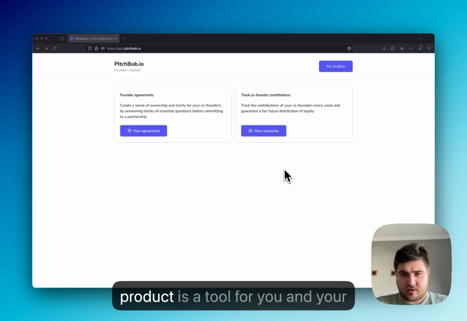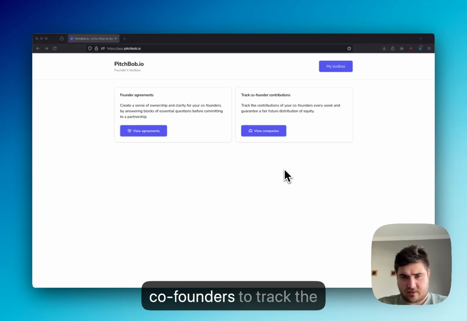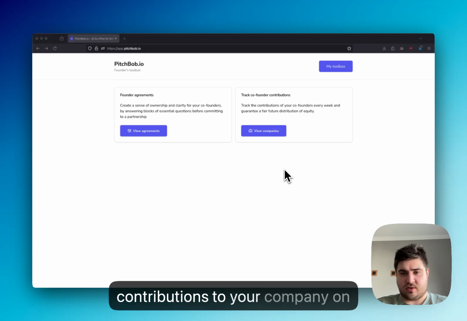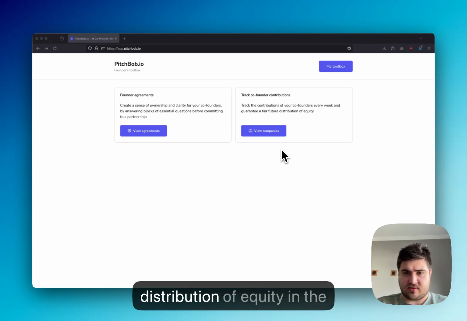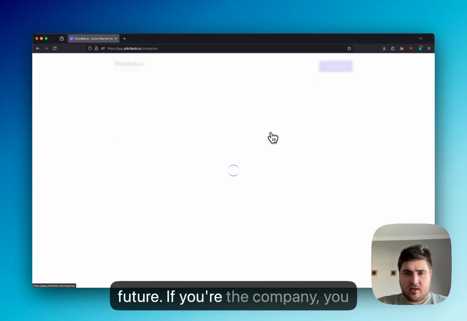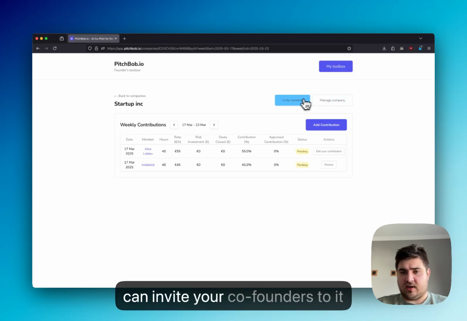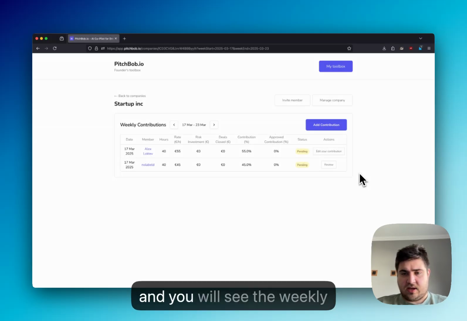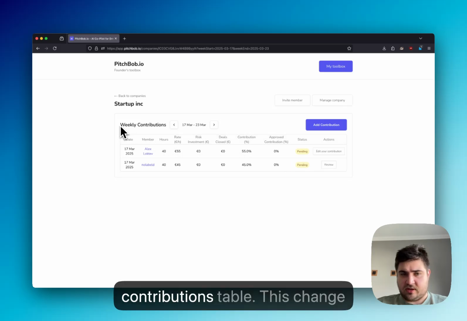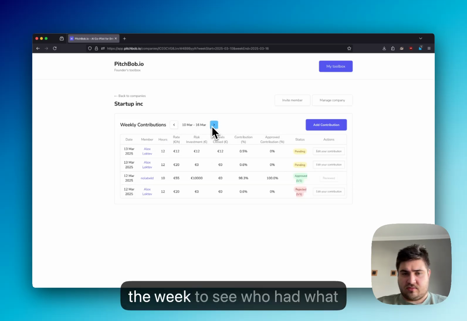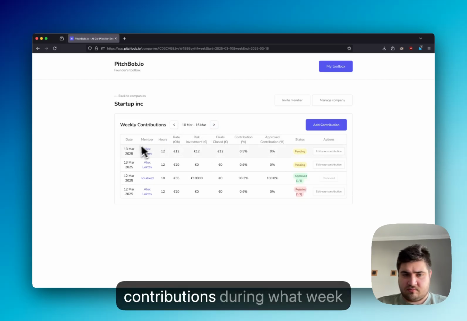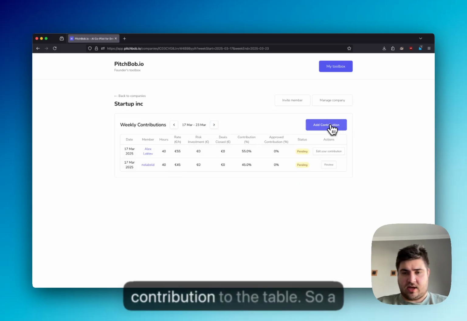The Co-founder Contributions product is a tool for you and your co-founders to track the contributions to your company on a weekly basis that will guarantee transparency and a fair distribution of equity in the future. If you view the company, you can invite your co-founders to it, and you will see the weekly contributions table. You can change the week to see who had what contributions during what week, and you can add your own